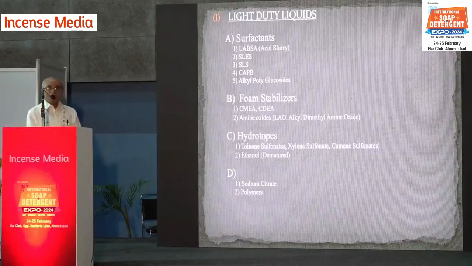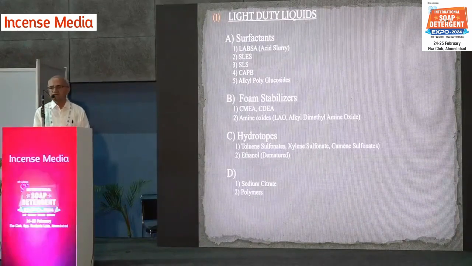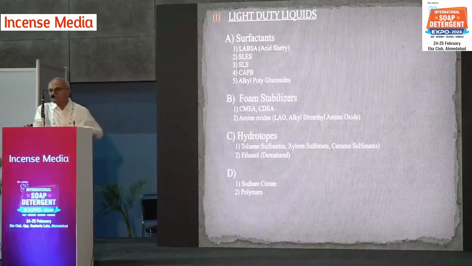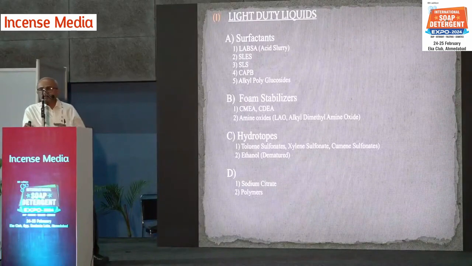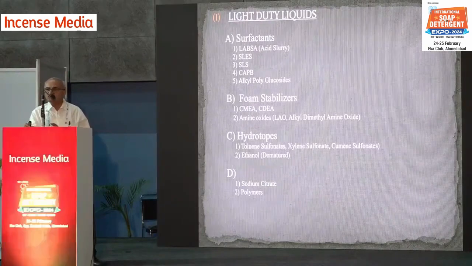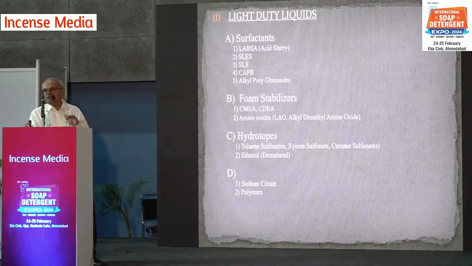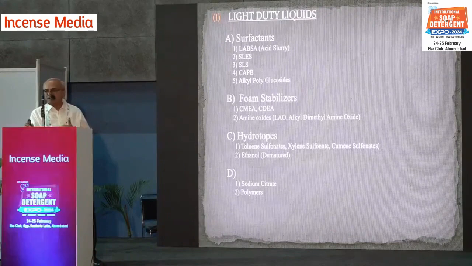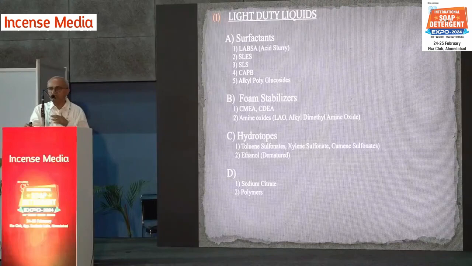Another thing, when the liquid is in the winter season or at a low temperature, it becomes cloudy. So one parameter of liquid detergent is cloud point. Normally, as per the ISI standards, the cloud point of the liquid detergent should be 5 degrees. Up to 5 degrees, it should not get cloudy, and the clear point is 10 degrees. Once it becomes cloudy, then at normal temperature, at 10 degrees, it will become clear automatically.